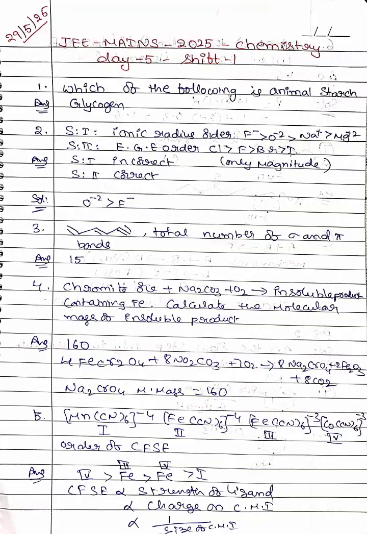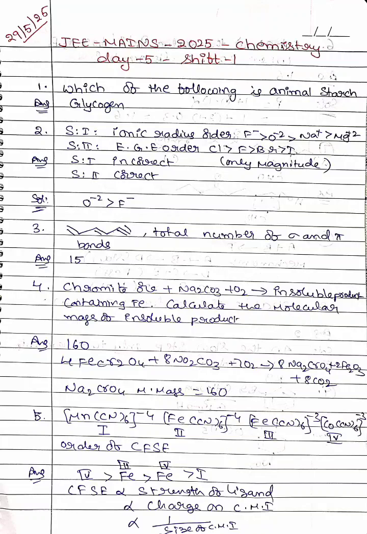Check the structure once. The next one, chromite ore with sodium carbonate. It is in the preparation of potassium dichromate. First we get sodium chromate, right? So regarding that equation, they are asking for molecular mass of insoluble product in the first step. So you can check the first step reaction, the balanced equation, where sodium chromate is insoluble product and the molecular